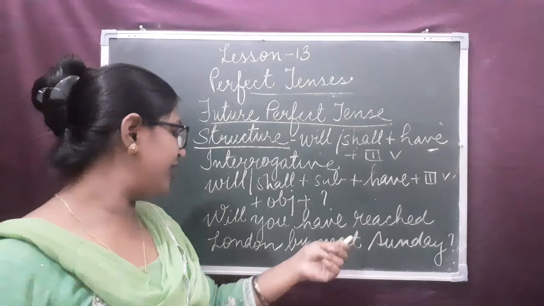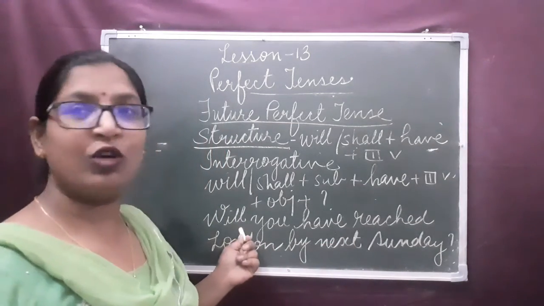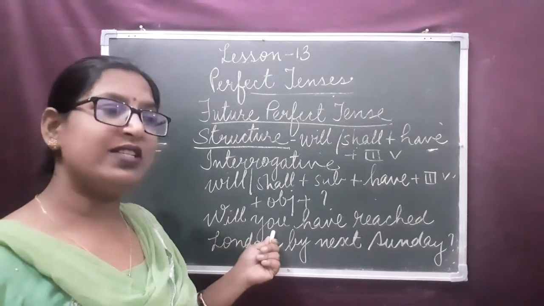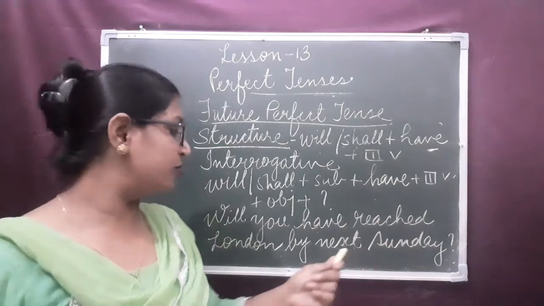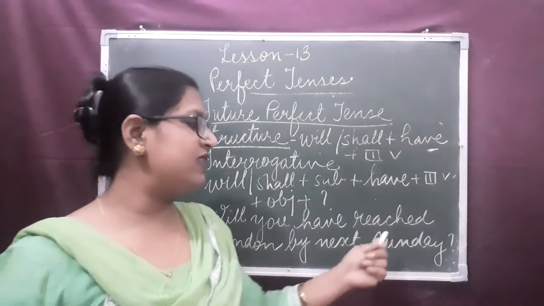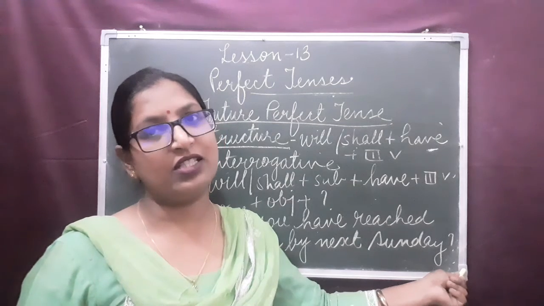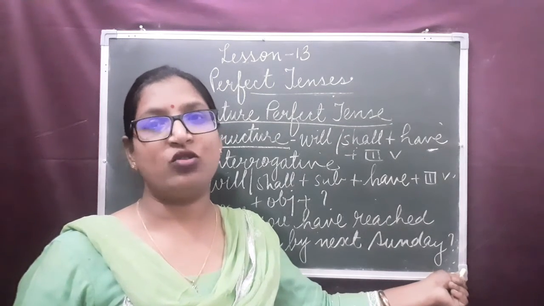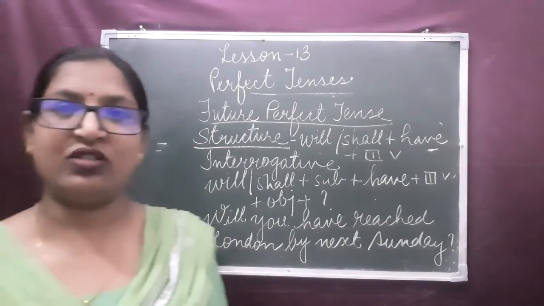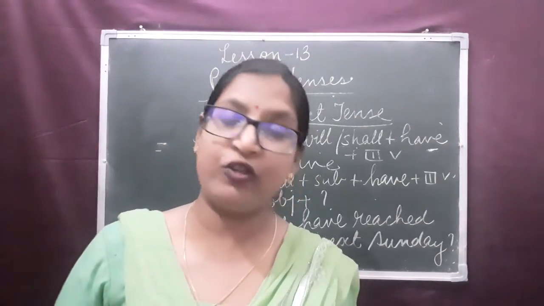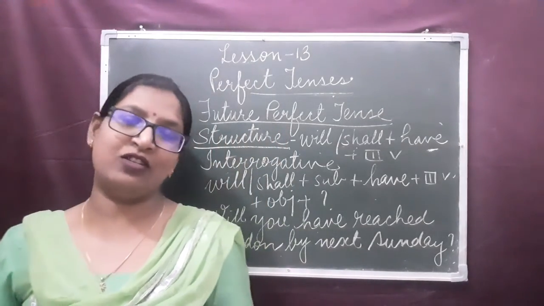Will you have reached London by next Sunday? Will, the modal auxiliary. You is the subject. Have. Reached is the third form of the verb. London by next Sunday. And ending with the question mark because it's a question. It's an interrogative sentence. So, we have studied how to frame the affirmative sentences, negative sentences and interrogative